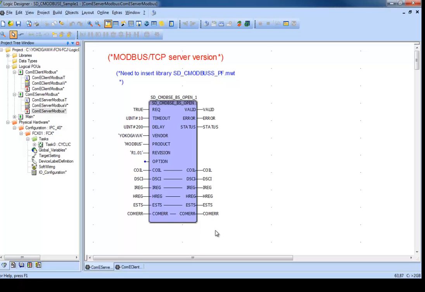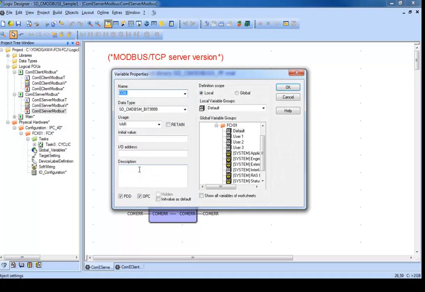Well, the next question then is, how do you populate the Modbus server with information that can be pulled by a client or a Modbus master? You'll note here that there are some arrays that have already been set up. They're called coil, disc, ireg, and hreg. Of course, the coil array is a 10,000 element array of a coil,